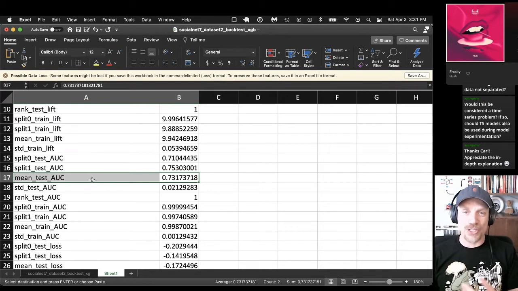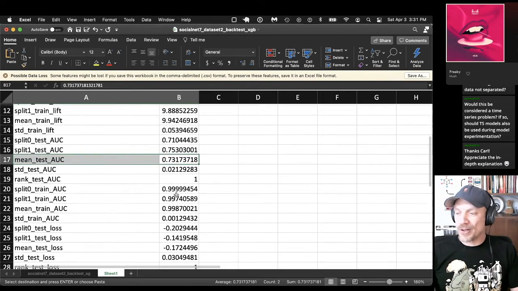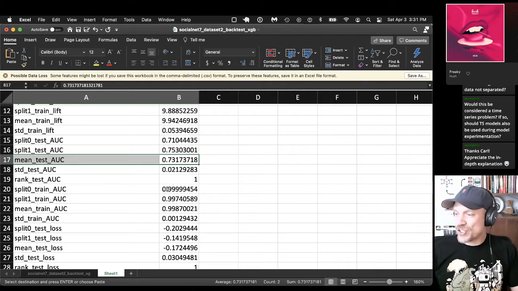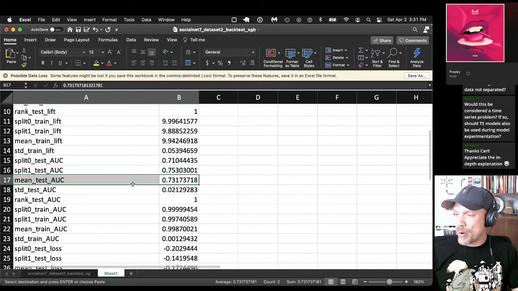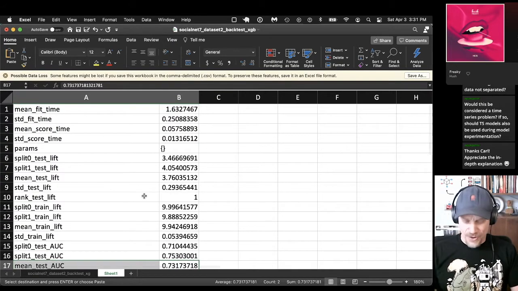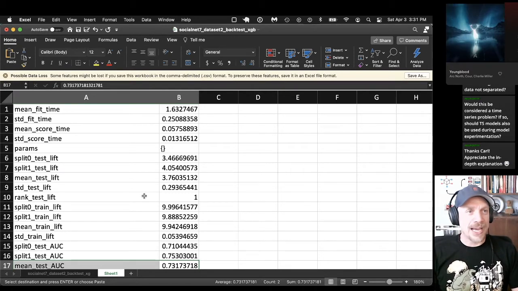That's actually reassuring. So we were kind of worried. It's fitting very strongly on the training data, but it actually doesn't do too bad on the test data either. The rest of this is more outputs of the backtest, but we can basically skip that for now. So that shows us one result on backtesting the XGBoost model.